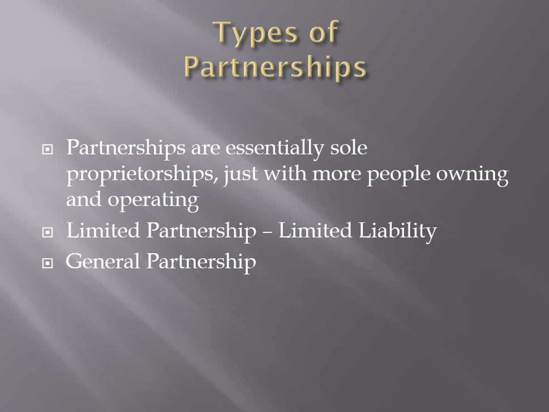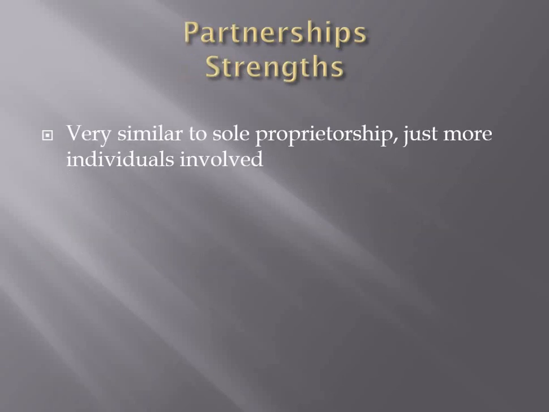There's two main types of partnerships you can have. The first is a limited liability partnership, where one or more owners are not fully liable or responsible if the company gets sued or anything like that. And then there's just a general partnership, which is essentially a sole proprietorship just with multiple different owners. Now, some strengths of a partnership. Essentially, everything that was a strength under sole proprietorship, except for the only additional thing is that there's more individuals, so that can help ease some tensions or help people maybe make better decisions, right? Because you have more people thinking about it and working on it, all with the goal of making money.